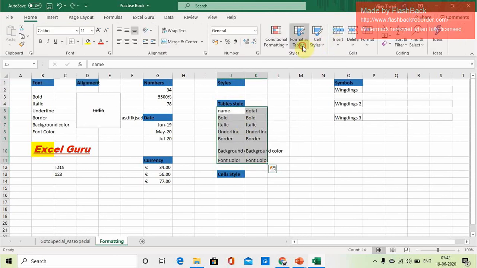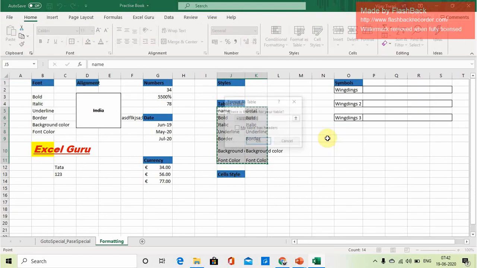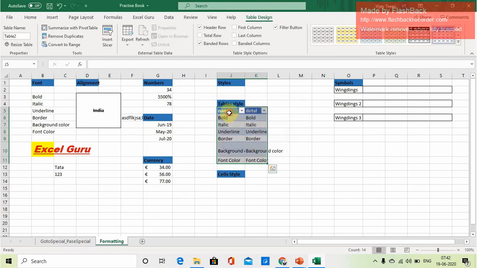And some other formatting also you can take. You want to take this, and it is asking where is the data of your table. Yeah, this is the data, and my table has headers. If you click on this, then the first row will be considered as the header. I have clicked on this header, so name and detail is the header, and the rest is formatted. So this is also a very easy and the best way to format your table.